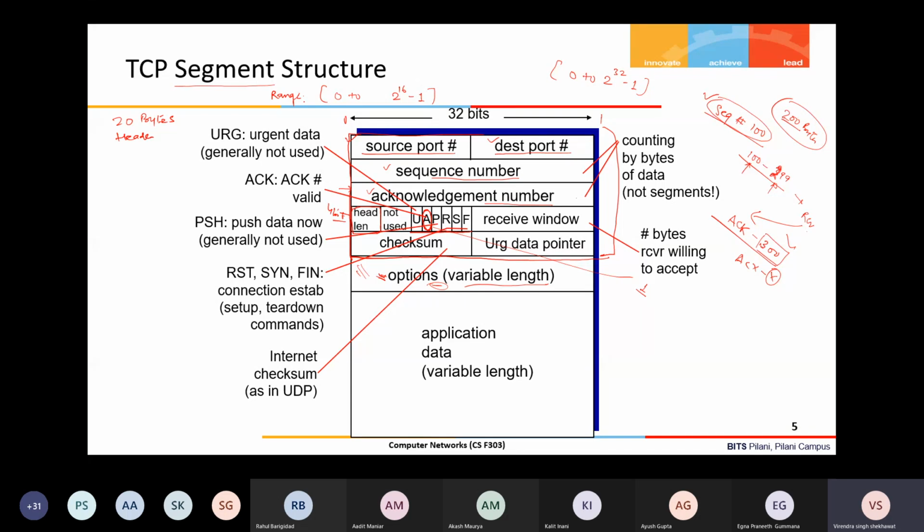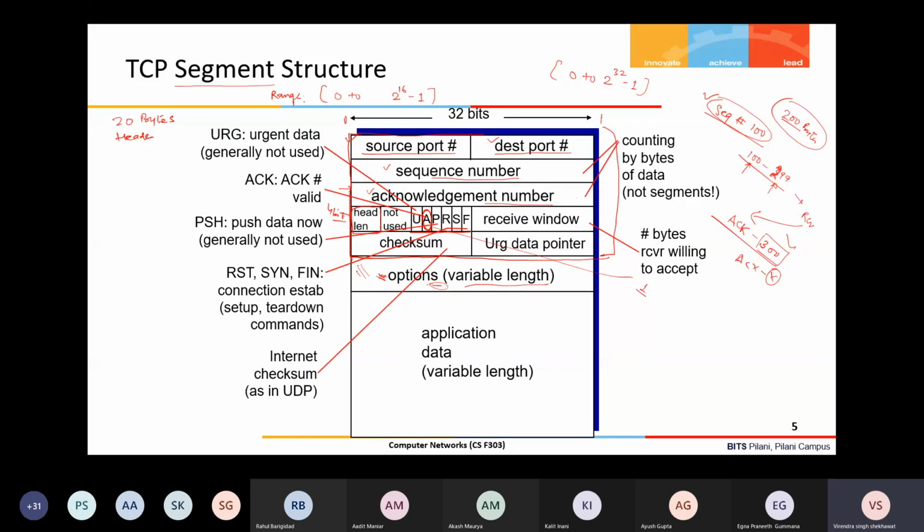Or maybe any future enhancement in the protocol, without modifying the segment structure, a new feature can be implemented because this option field is there. So usually this option field is used for any new updation or upgradation in the protocol.